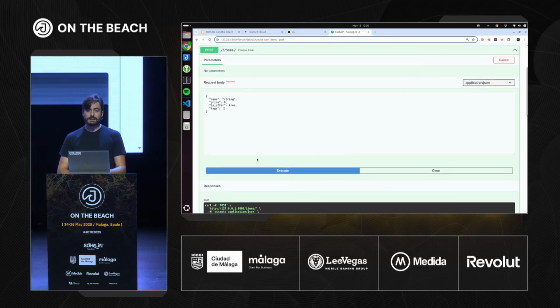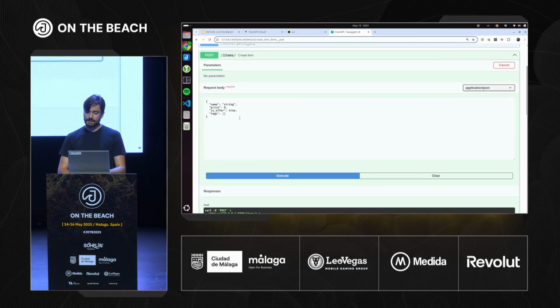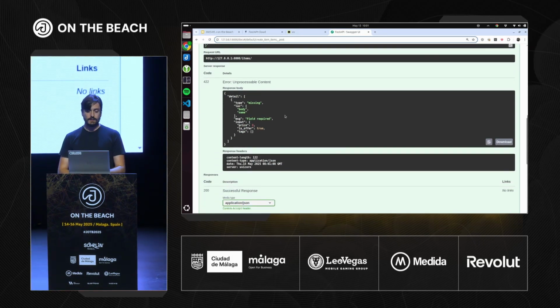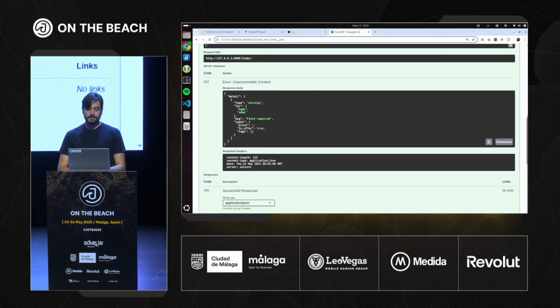Now here is the nice thing, and this is the coolest part, I guess, of FastAPI: if, for example, we don't pass the name here, we just execute it like this, we're going to get an automatic error telling us exactly where the problem is. So we are missing, inside of the body, the field name. And this field is required. And this was the input that we passed. So we define the data shapes that we want in standard Python and with Python type annotations, and we get data validation, data documentation, and serialization by default automatically.